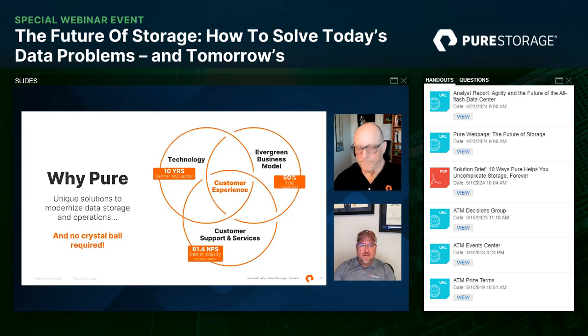Yeah, that's a great point that you bring up related to the NPS score, because this slide is great because it shows a blend of probably what goes through a decision maker's head, right? So is the technology valid? Can it be purchased and aligned with how my budgets work? And what is it like once I have this in my data center?